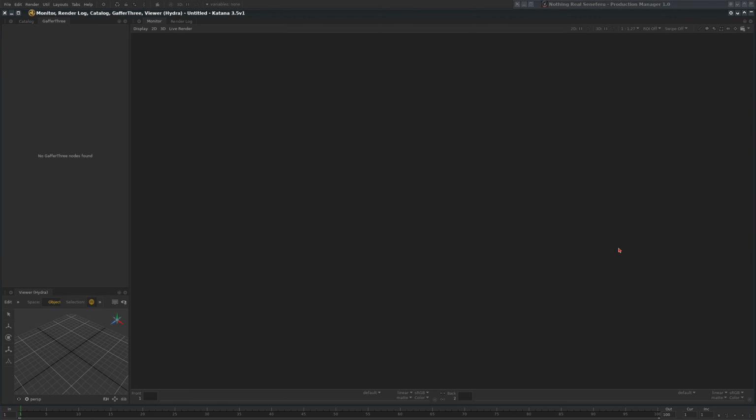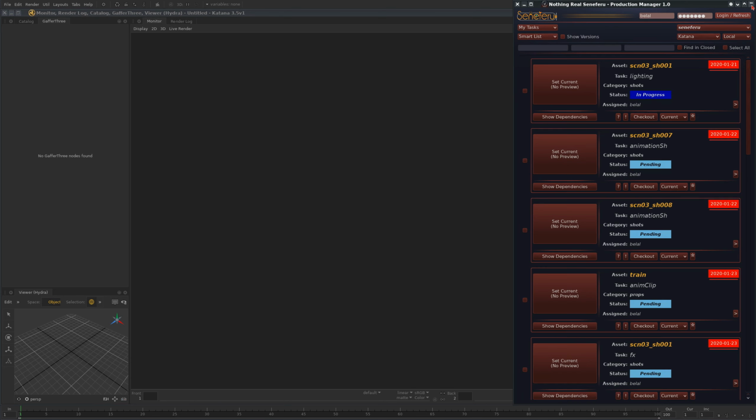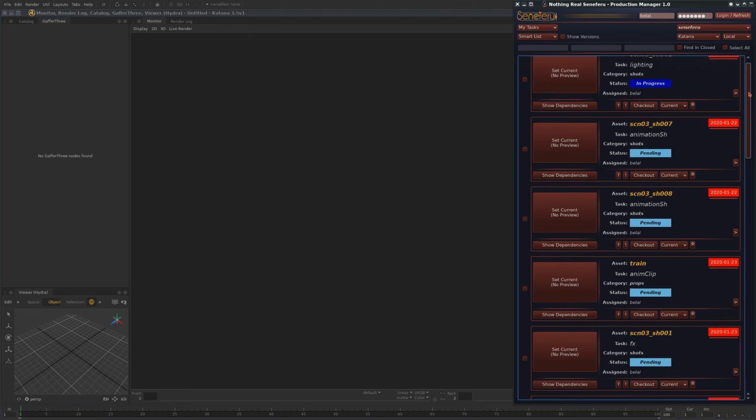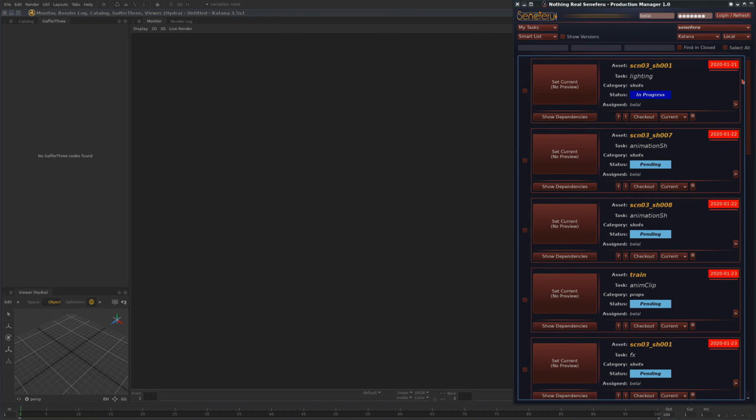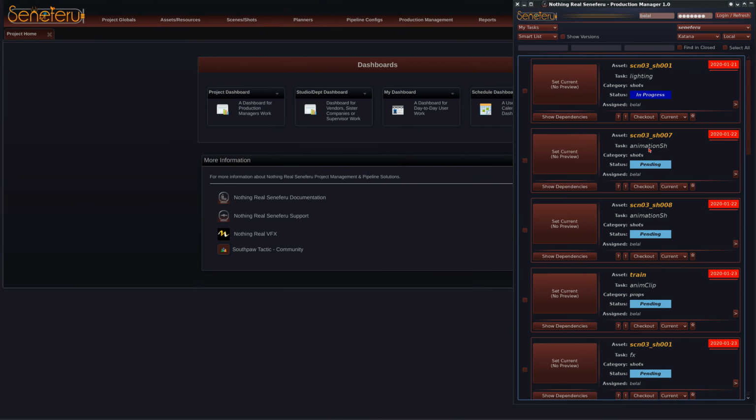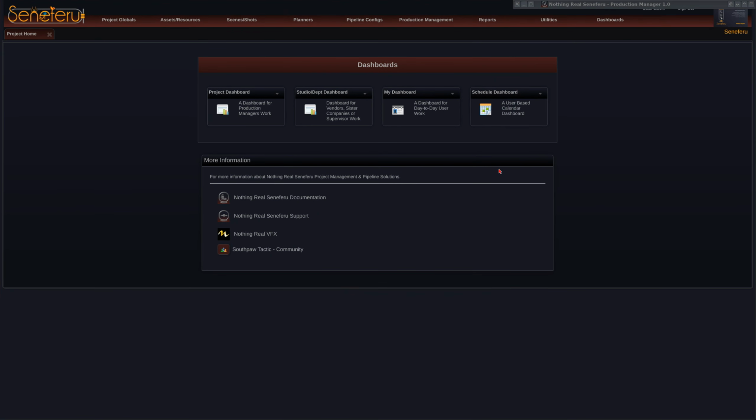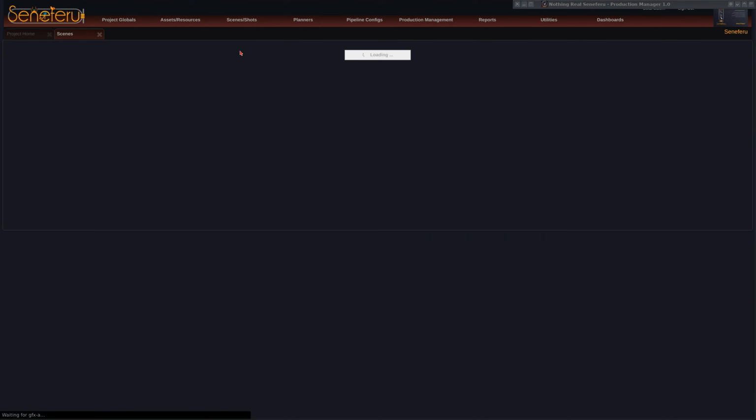In this session, we will see how to deal with lighting and how to maintain the continuity of look and feel through the shots. To do that, we don't want to work on lighting tasks directly on a per shot basis. What we should do, if our pipeline is configured so that we are going to do the lighting in Katana, then you must have on each scene a task like